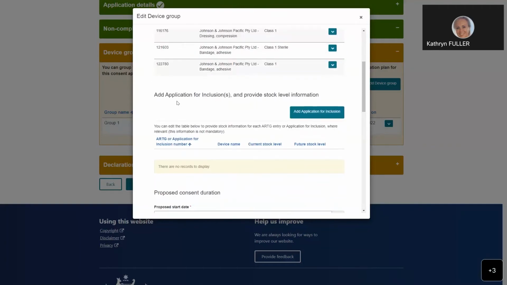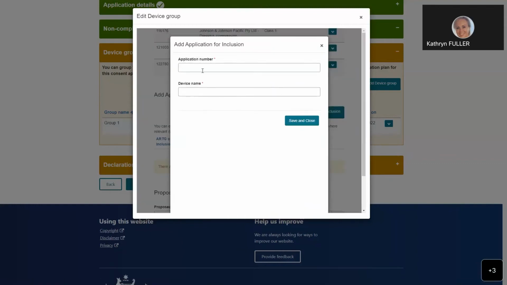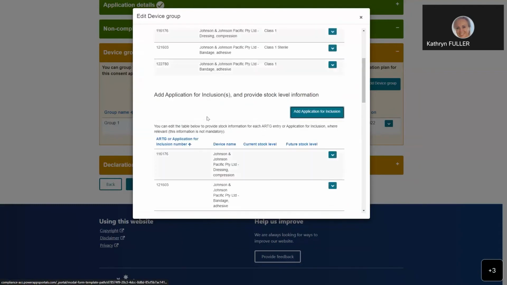And now I want to add an application for inclusion and go forward to provide some stock level information. So to add an application for inclusion, I select the Add Application for Inclusion button. This new window will appear where I can provide the application number, which might look something a little bit like this, and the device name. Both of those are mandatory fields as indicated by the red asterisks. Once I've done that, I select Save and Close,